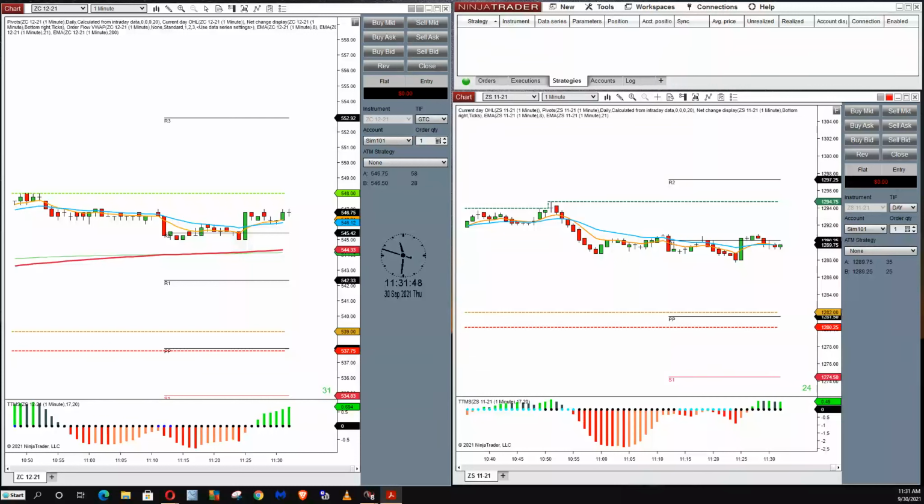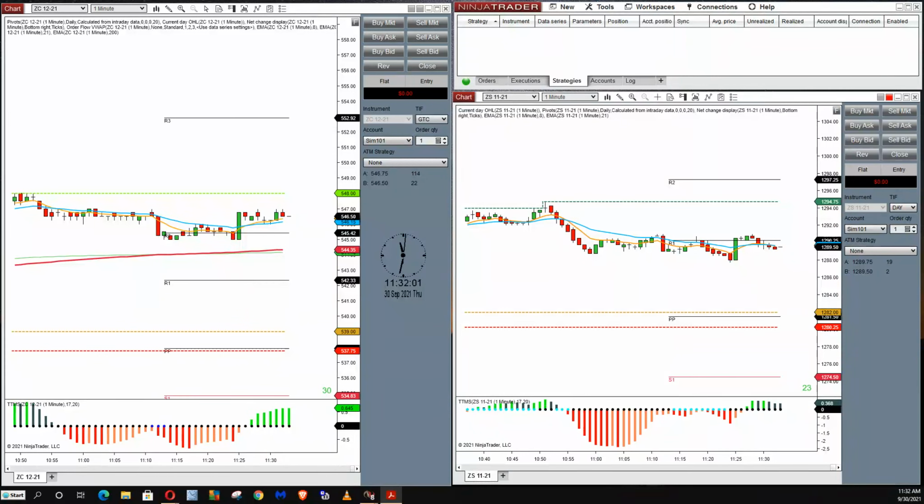So I lean towards corn. My throat is killing me, we've been talking all morning.